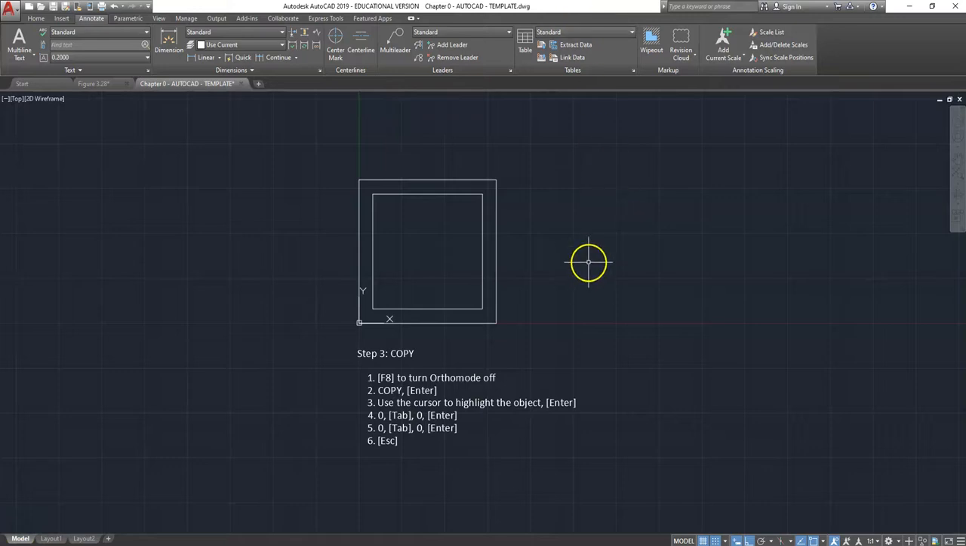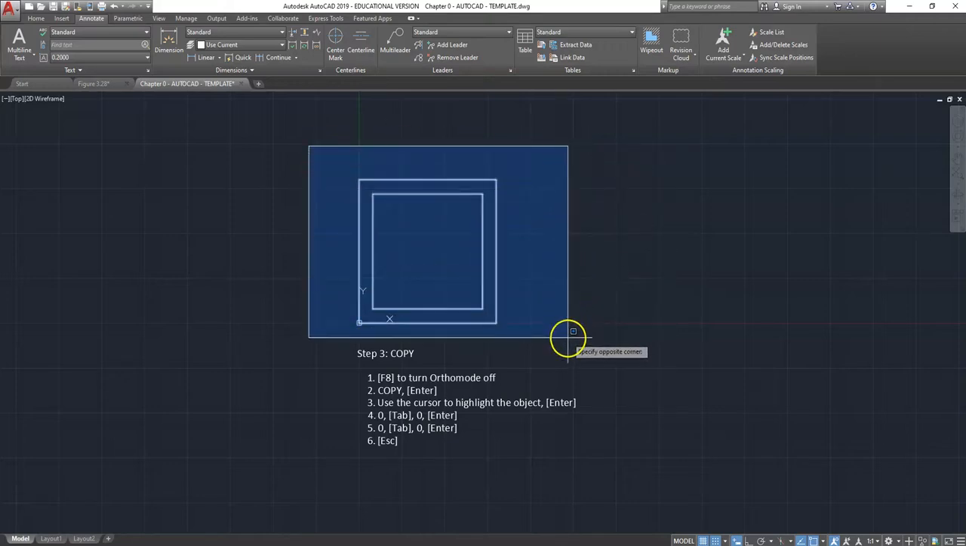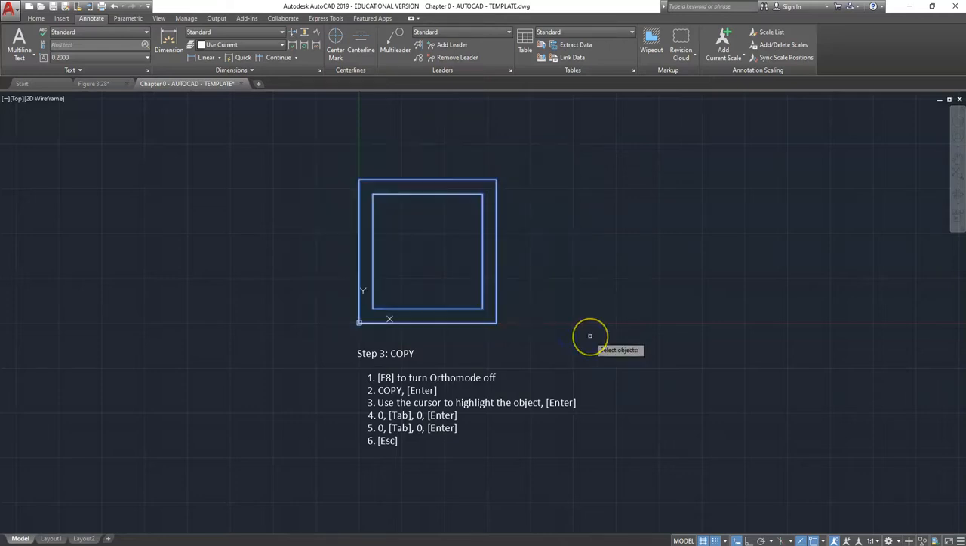Okay, in this step we're going to turn Ortho Mode off. So toggle the F8 key to turn off Ortho Mode, and you'll see that the blue shading is removed from the indicator down here. And next we're going to enter the copy command. So type in copy and press enter. And we're going to use the cursor to highlight the entire object. So we come up in this area, left click and release, and then just drag your mouse over and drag your cursor down until the entire object is highlighted, and then left click again,